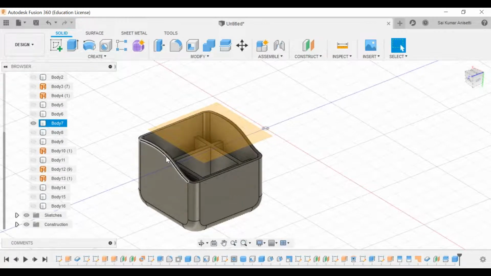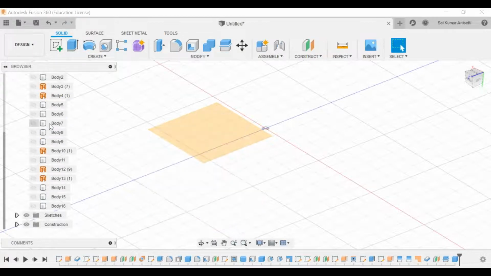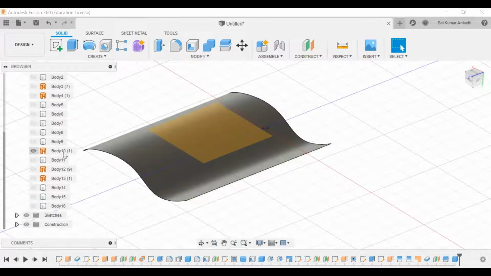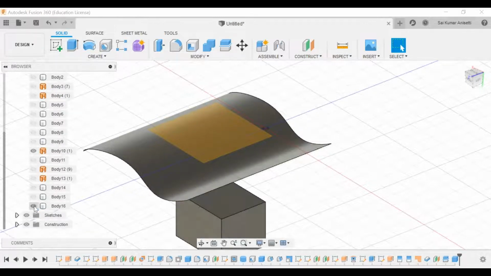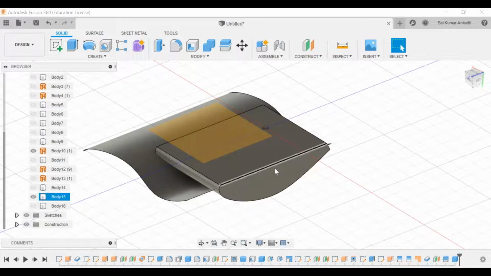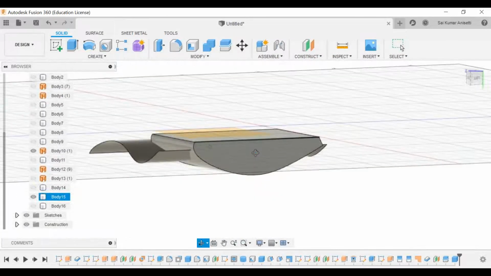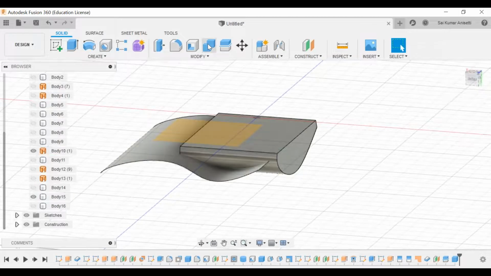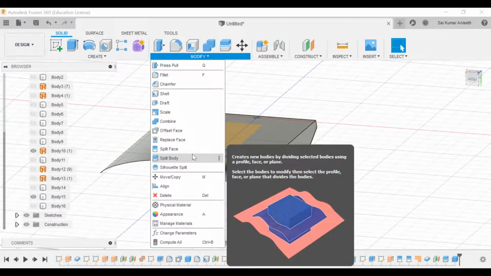Instead of replacing that face, you actually cut that. So I'll make sure my body is on, I'll show that body. This is my one face, this is my body 16 or body 15. Now I wanted to cut this body with respect to this particular surface.